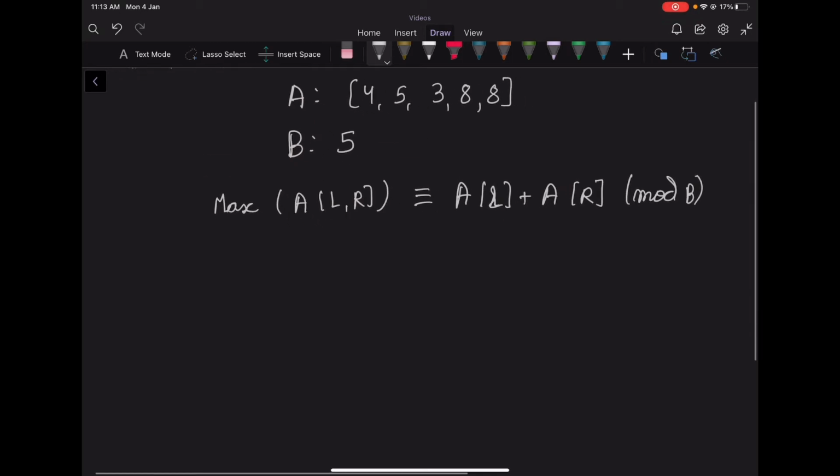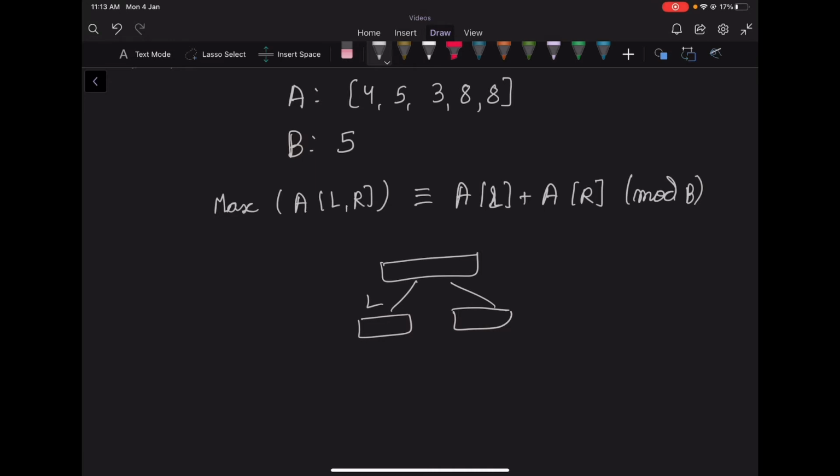Now, the idea is that we can use divide and conquer to solve this problem because we need to find the total number of scalar subarrays. So if we have an array, we will divide it into two parts, the left part and the right part, and we will find the number of scalar subarrays in the left part and the number of scalar subarrays in the right part, and add them. This is the divide part, and that's easy because we can simply do it using recursion. Now the important part is the conquer part.